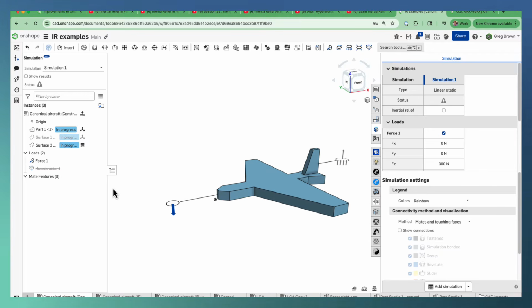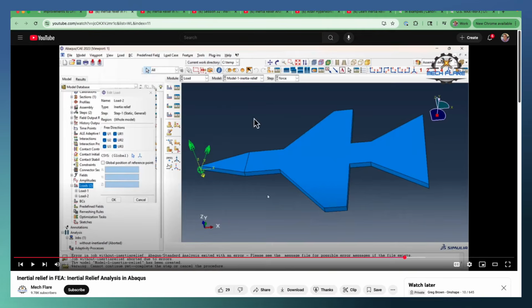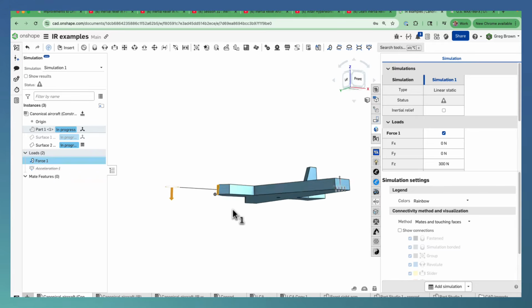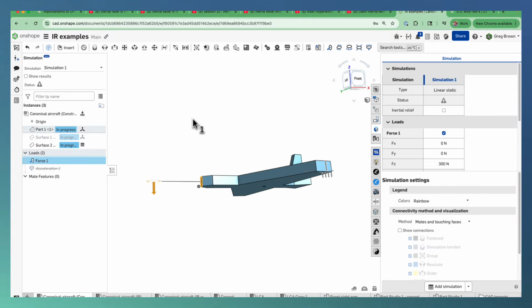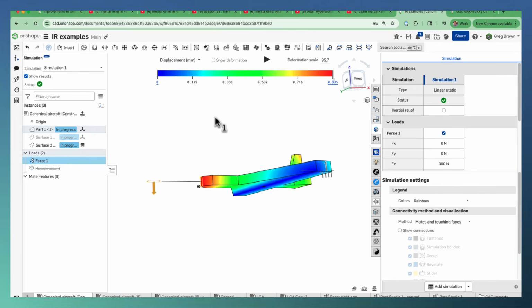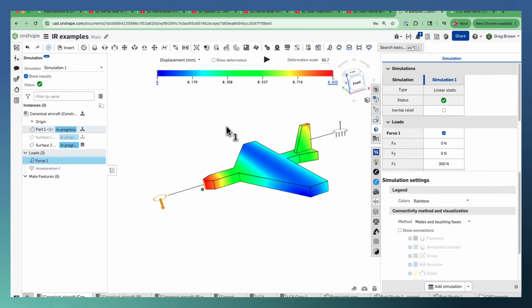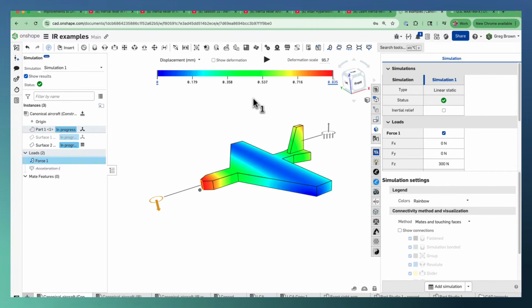Now, if I put a load, and this is the force on the front of the plane, remember I'm trying to kind of replicate what's going on here. Here's the coordinate system, and here's the yellow load concentrated on the front here, pointing down. So that's what I'm doing here. And I've constrained it because unless I have a constraint, I'm not going to be able to solve this. If we just have a look at this, you can see